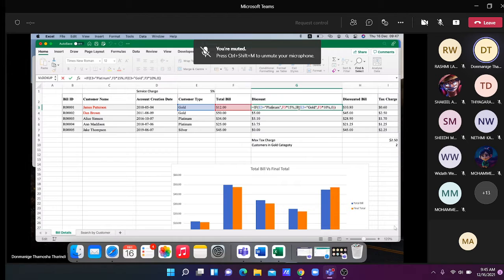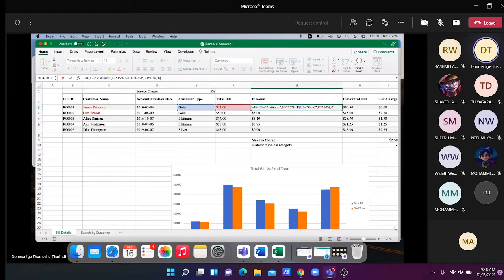So in a question like this, when you are starting the IF function, I have told you always start with the highest number. So you are checking whether the customer type is platinum first. If it is platinum, from the total bill you would take 15%.